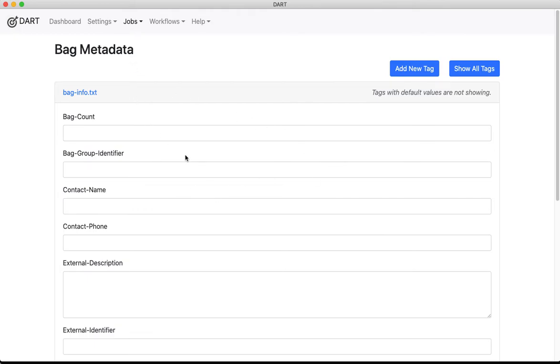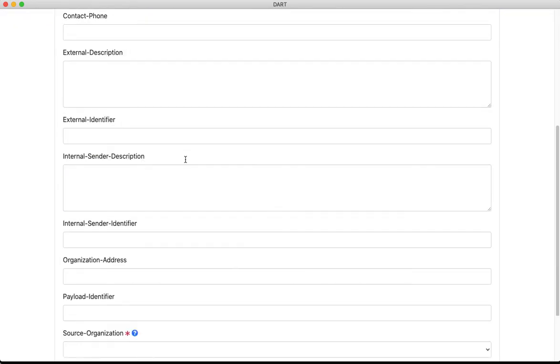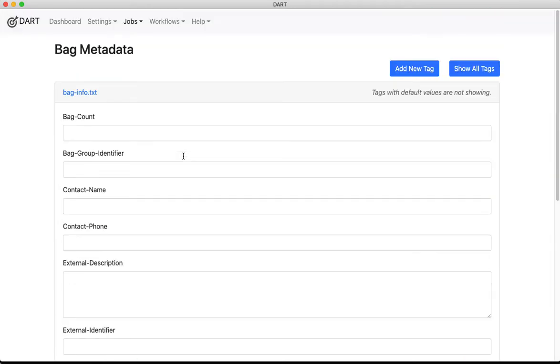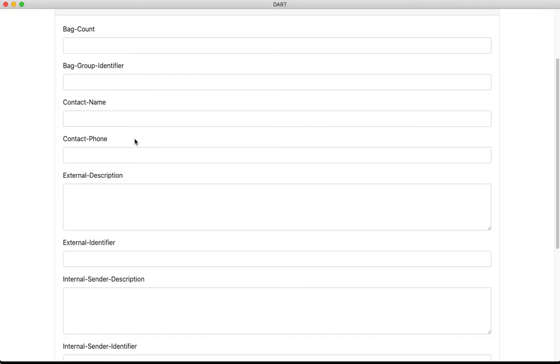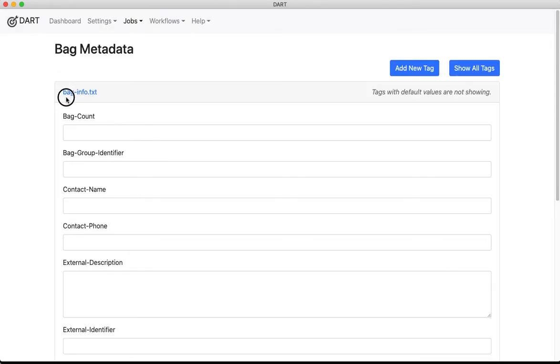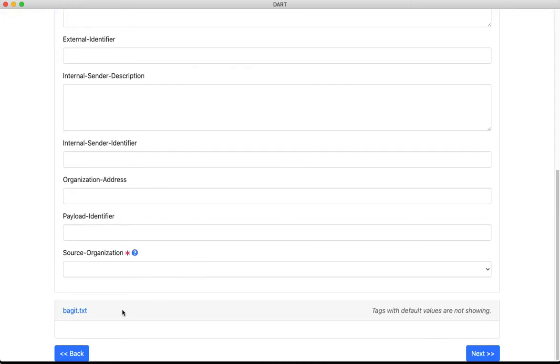Now I need to fill in bag metadata, and all of these fields came from the BagIt profile that we imported. They're all going to be in this bag-info.txt file. The only one that's required is marked by a red star. I can get away with not filling out anything on here except this one.